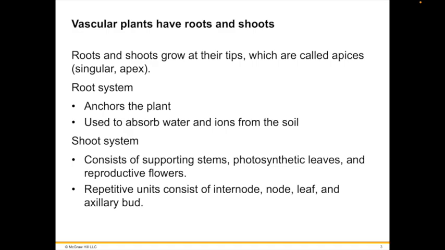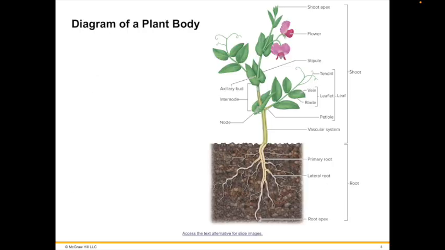The shoot system consists of the stems and leaves. Stems serve as a scaffold for positioning the leaves, the principal sites of photosynthesis. The arrangement, size, and other features of leaves are critically important in the plant's ability to absorb light and exchange gases. Flowers, other reproductive organs, and ultimately fruits and seeds are also formed on the shoot. The repeating unit of vegetative shoot consists of the internode, the node, leaf, and axillary bud. You can see all of those here,